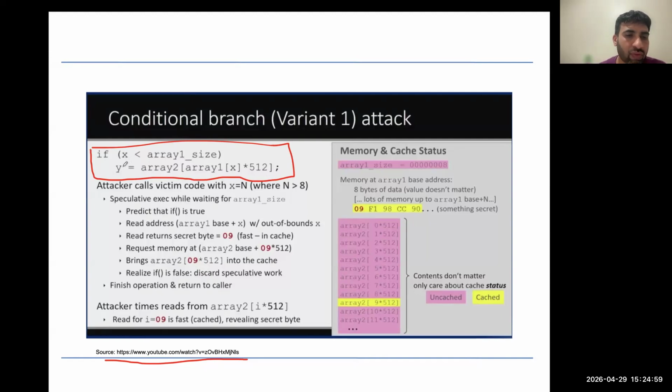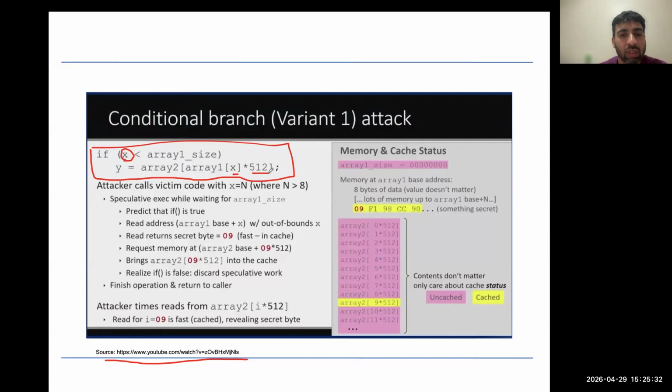So where you have a condition x less than array1_size. So here you are basically checking the array bound, and x here we are assuming is a variable which is controlled by the attacker. So it is an input which is provided by the attacker, right? So first we are checking if x is less than the array size, size of array 1. If yes, then you access array 1 at index x, and then it is multiplied with